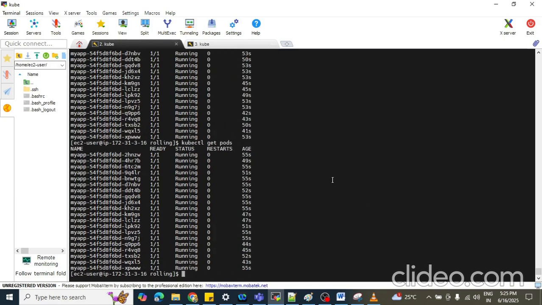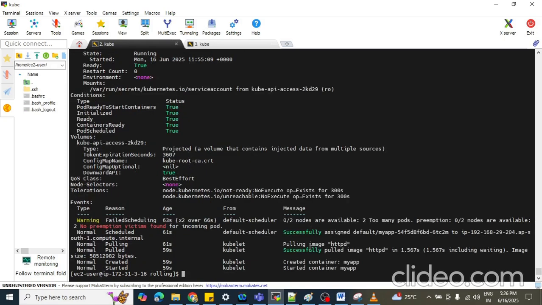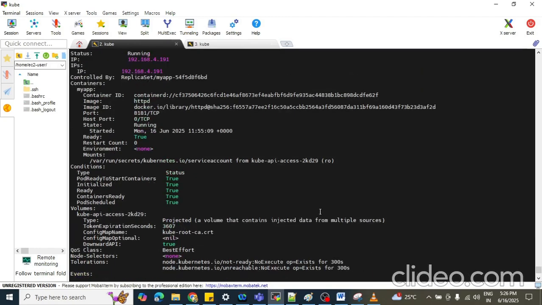Now you can see all pods are running. kubectl describe pod, your pod name; let's take any pod. You can see we are pulling the httpd image. That is your version 2 now, and it has successfully replaced all your previous old pods.